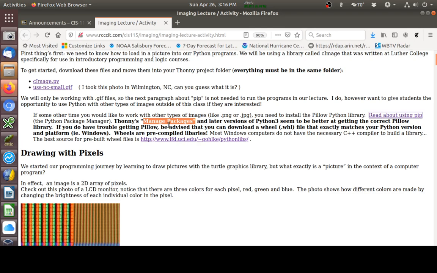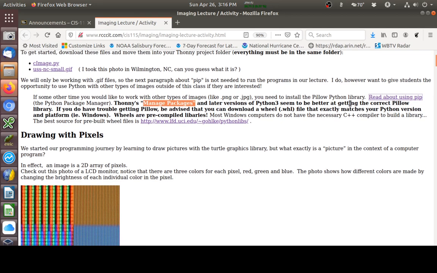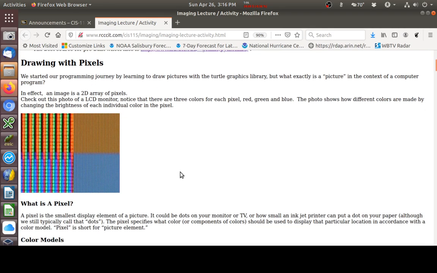So main takeaways from that: pip is the Python Package Manager program. If for some reason you're trying to use Thonny and Manage Packages and put some sort of library into your Python program and it doesn't work, then you may need to go get a wheel. Okay? So, all right, let's